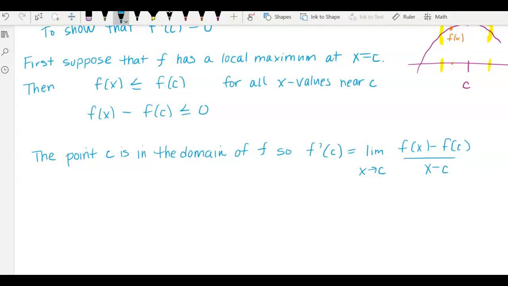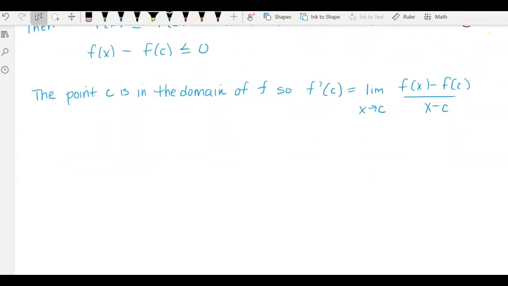Again, this is going back to the way we originally defined the limit: the limit can only exist if both the left and the right-hand limits exist. So we're kind of going backwards here. We know the derivative exists. That means the limit exists. That means both the left-hand and the right-hand limits exist. So let's look at the right-hand limit,